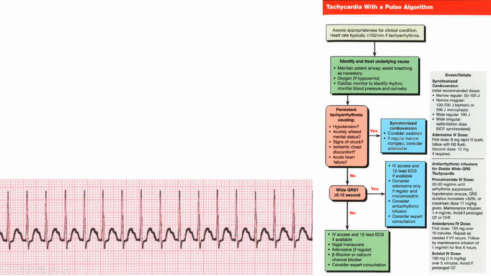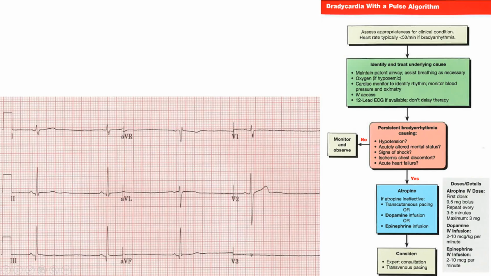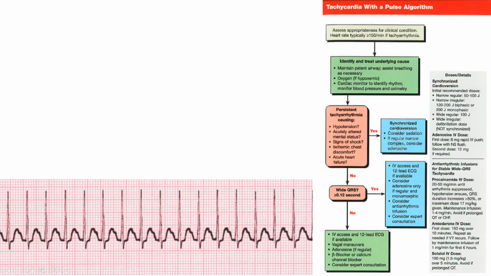So I'm trying to remember here, I think every one of these little things here is 0.04, I believe. So 3 little boxes, I think, is what it is. I really need to review that again. But 1, 2, 3. This is like only 2 wide. This one here is like 1, 2, 3. This is about 3. So it should be about 3 or 4. So if it's greater than 0.12 seconds, which is the same as like 3 or 4 little boxes, then you're going to say, okay,